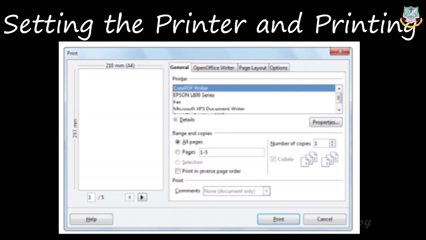Here you'll have an option called number of copies. If you need 1 copy, you can give 1, or if you need 10 copies, you can give 10. That's according to your wish, right? So after setting this, you can just click on the print button at the bottom, right? Here you'll have print and cancel. If you want to print it, you can just click on print, or you can click on cancel, right? That's all. Then the document will be printed there, right?